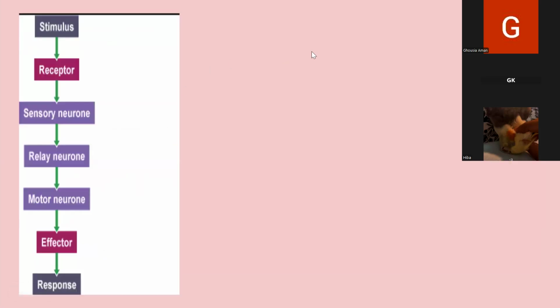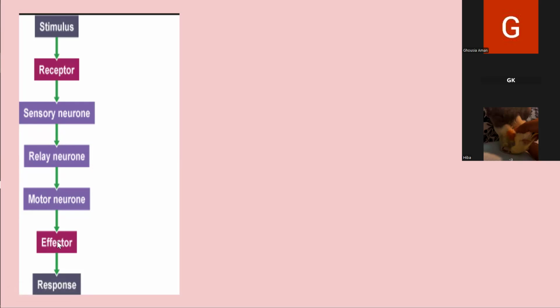This is called chain of events. You have to make the chain of events like this. So this is in general the chain of events, and we have to make the chain of events with a specific example. Like stimulus is received by receptor, then the free mobile ions are making their way to the sensory neuron, from sensory neuron to the central nervous system, then relay neuron, motor neuron, effector, and response. So the example is,